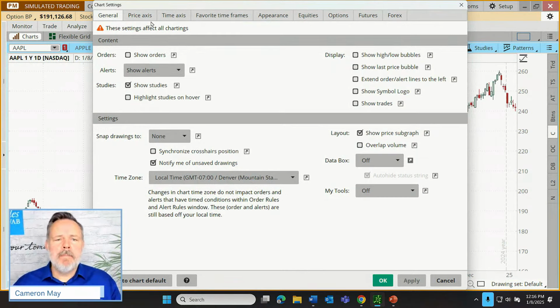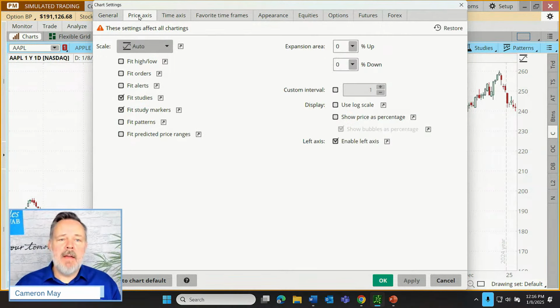All right. But here, there are all kinds of changes we might make to our chart settings. They might be general changes, like some people like to see their orders displayed on the charts, for example. They might have something displayed on what's called the price axis, which is just the dates. This is something commonly used by, oh, sorry, I got a little bit ahead of myself. That'd be the time axis.